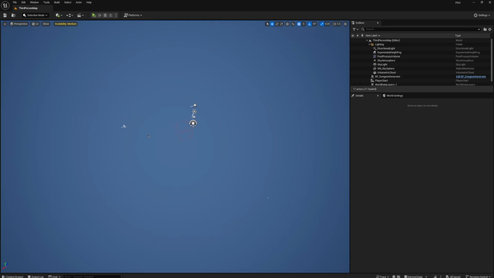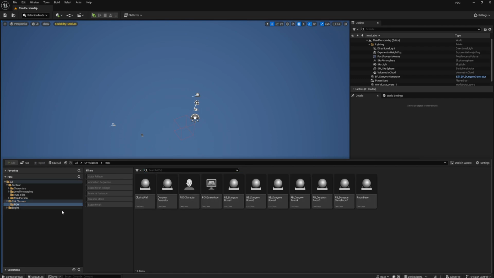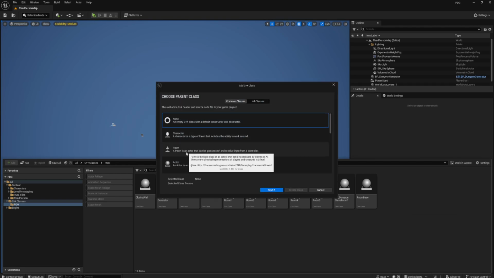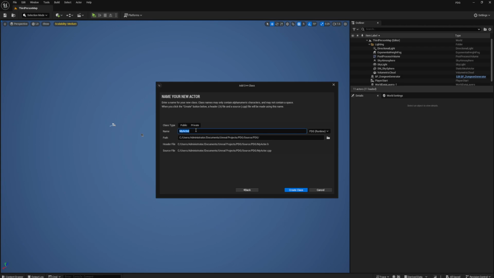Okay, and now we need to go to our C++ classes folder. So here we need to create a new class, and later we are going to create a blueprint based class from that C++ class. So let's right click and then new C++ class. We are going to select actor here, then click next, and I'm going to name that class something like